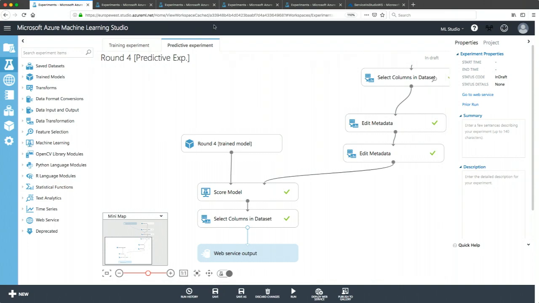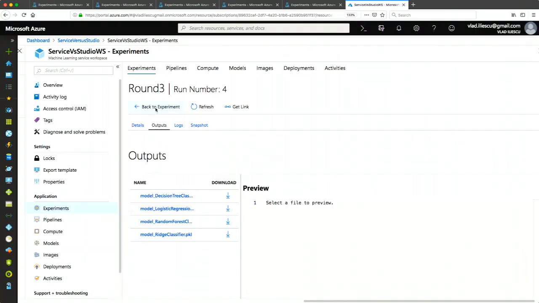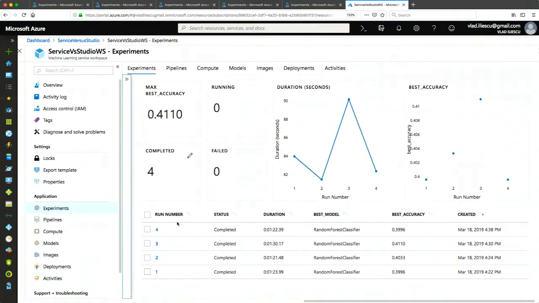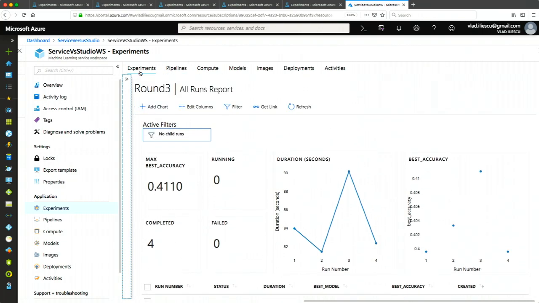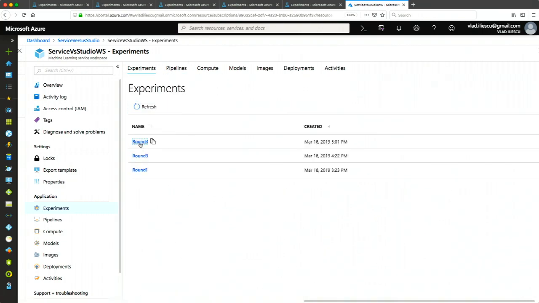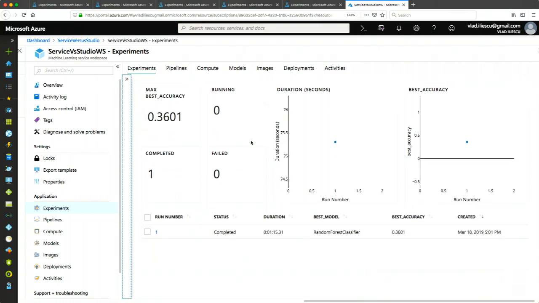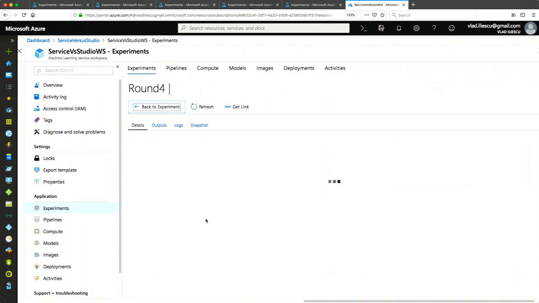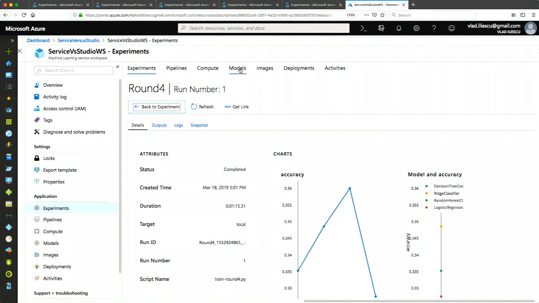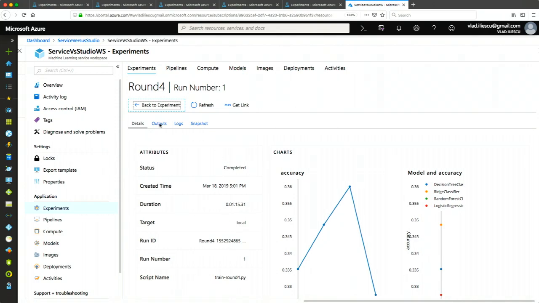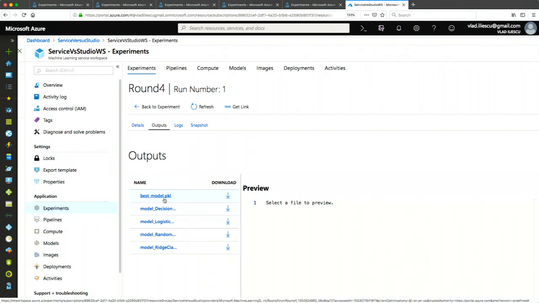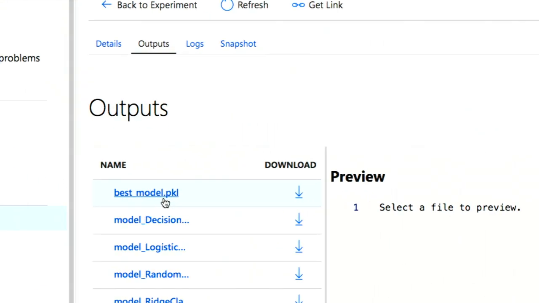So you can create here a new experiment, and you can have some runs. And then after you have some runs, maybe pick a best model. And once you've picked the best model, you can decide to register it in the models section over here. Yeah, so let's say I really like this best model PKL, right? This is my best model out of the whole experiment.